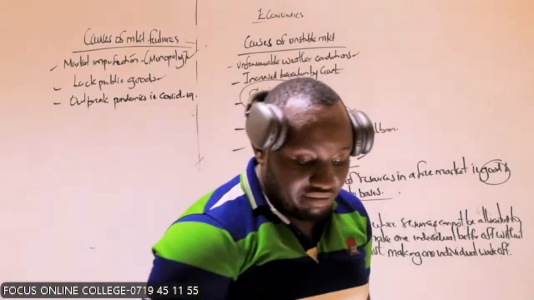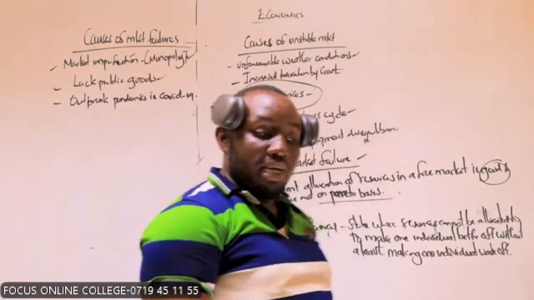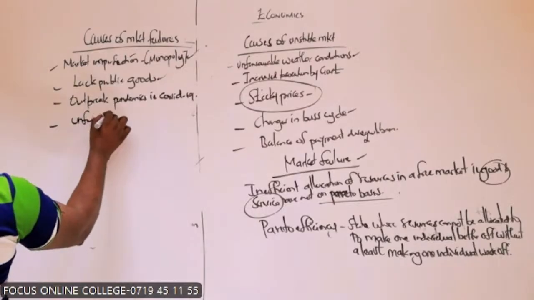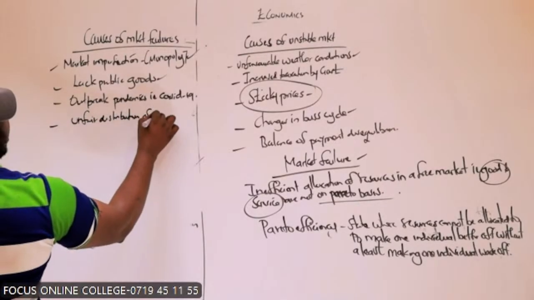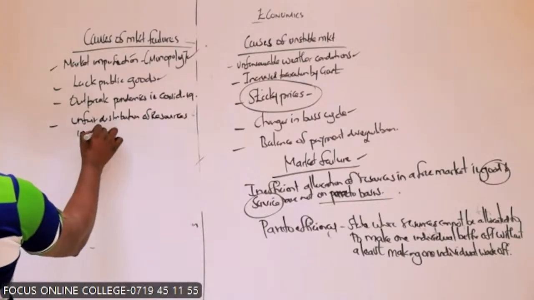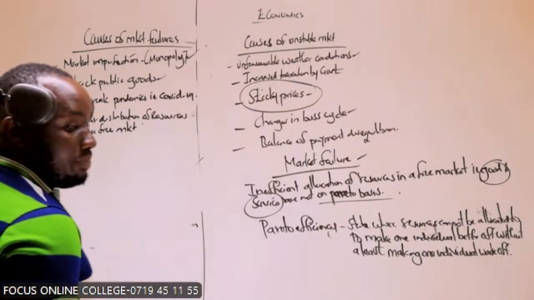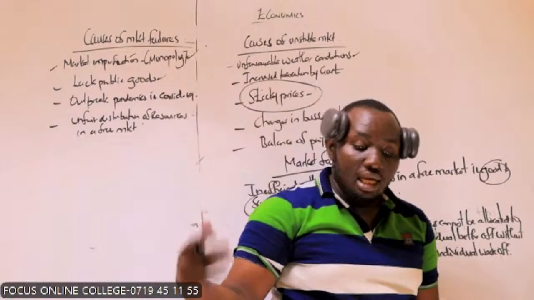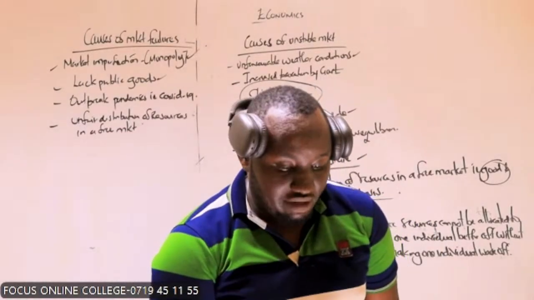If you're paying insurance for yourself, you also have issues to do with unfair distribution of resources in a free market. When you have unfair distribution, some people are given more resources, and that leads to market failure. Number one, if you're paying insurance for yourself, unfair distribution of resources in a market where some individuals